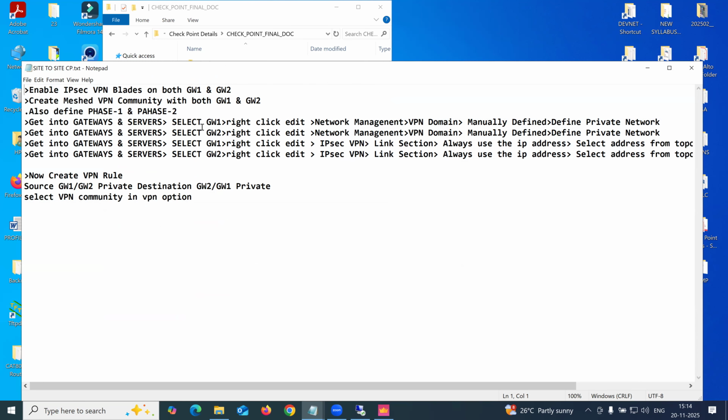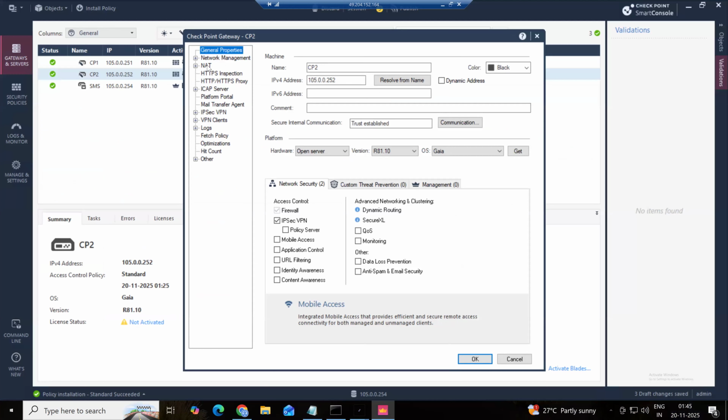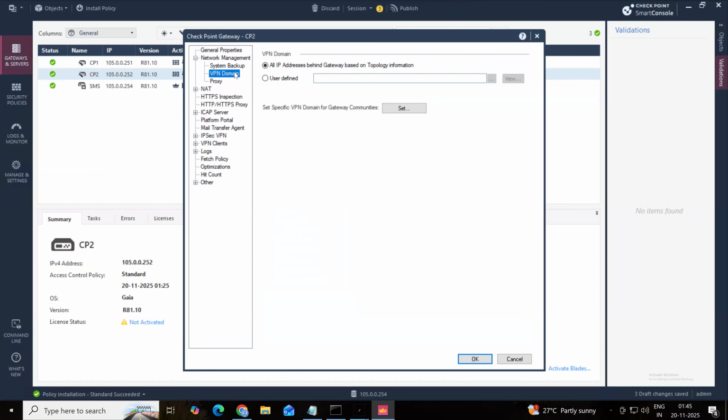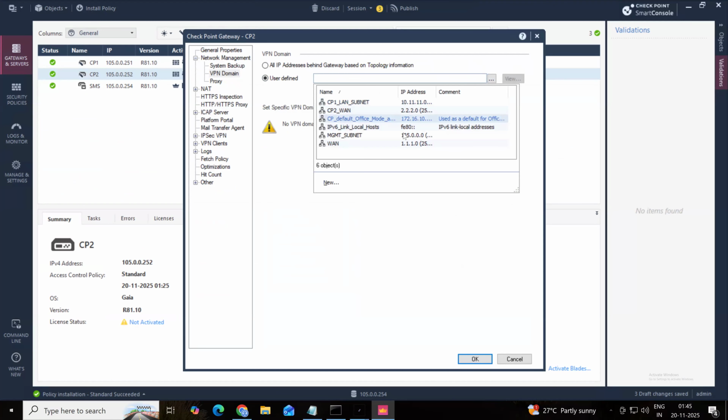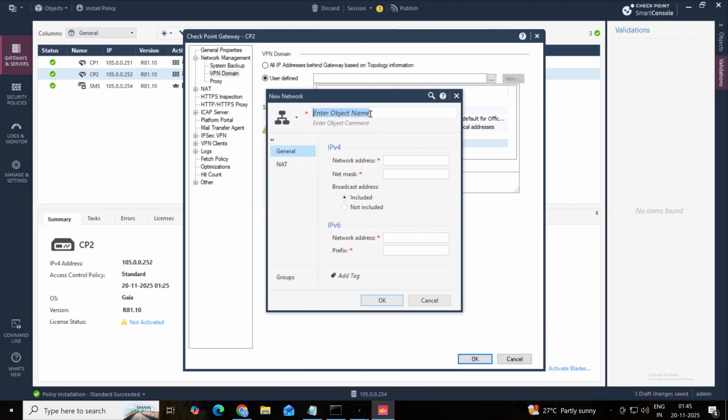So what we are doing on gateway two, first of all, we go to edit, we go to network management, we go to VPN domain, we select manually define private network, right? Same step here. In the VPN domain, user defined manually, and we select the private IP. In simple language I have given, if you follow those steps, you can do it if you understand it properly. So here I'll say CP2